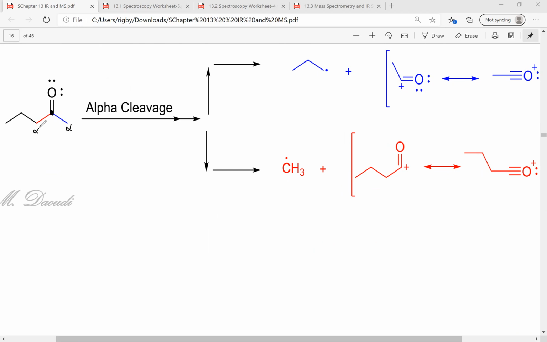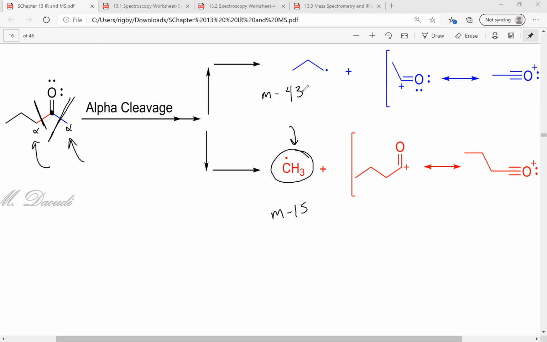Okay? And so what occurs here is we can have cleavage at either alpha carbon. So we either have a break right here or a break right here. A break at the blue alpha carbon would make this CH3 group. I'm not sure why it's in the red instead of the blue here, but a break right there from that bond would make us lose a CH3, so we would have an M minus 15 peak. If we broke at the red alpha carbon, the red bond here, then we would have a loss of a 3 carbon group, which would be mass minus, I think, 43, if I'm remembering correctly. So both of these peaks, mass minus 43 and mass minus 15, are telling us what types of alpha carbons we have